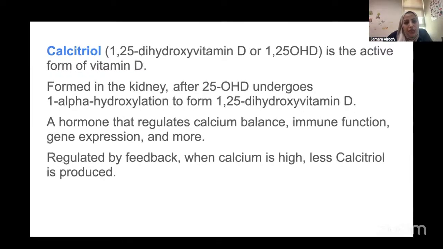The next one is calcitriol, which is 1,25-dihydroxyvitamin D. This is the active form and has a shorter half-life. It's formed in the kidney after 25-hydroxyvitamin D undergoes